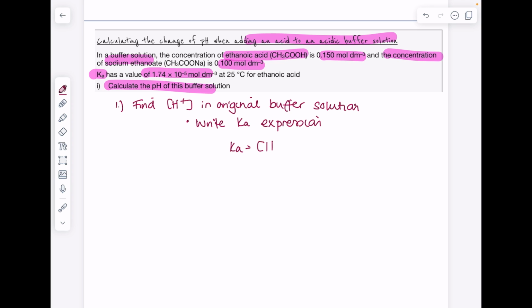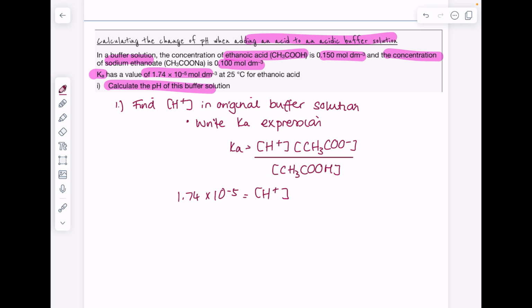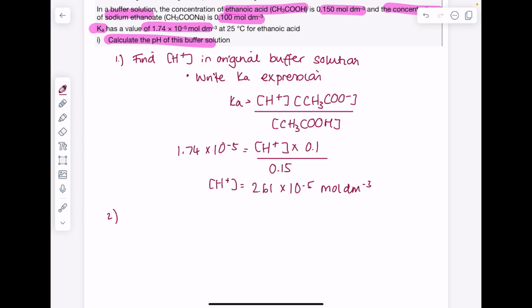You should be nice and familiar with this by now. So Ka we were told was 1.74 times 10 to the minus 5. We're after the concentration of H+ ions. Solve for H+ ion concentration. And then to find the pH of the original buffer solution,